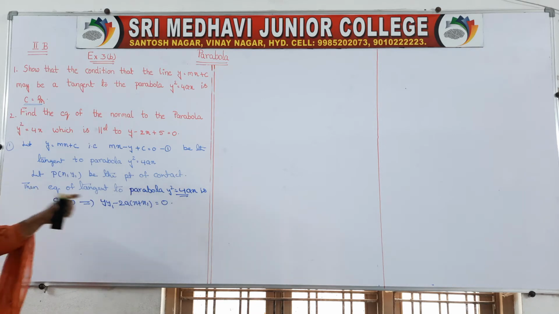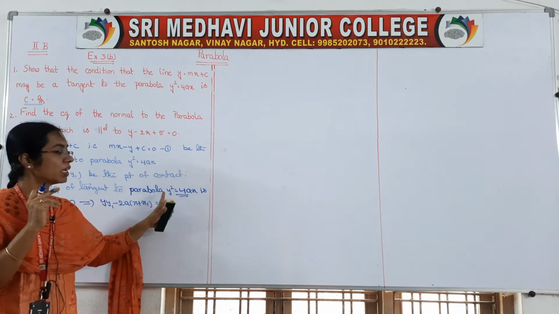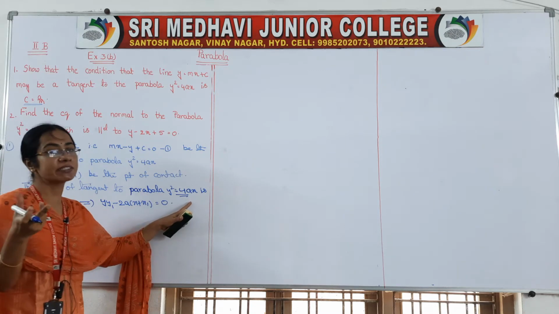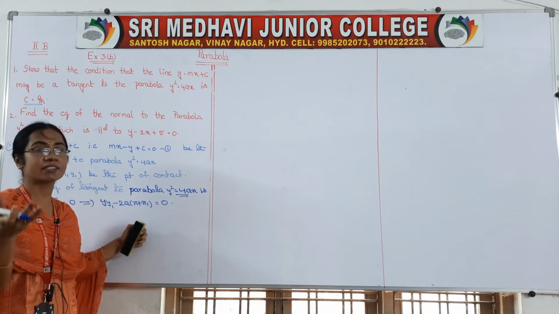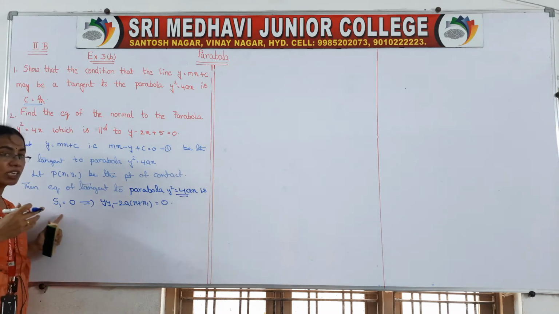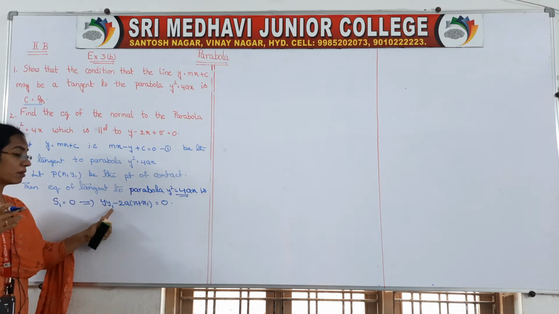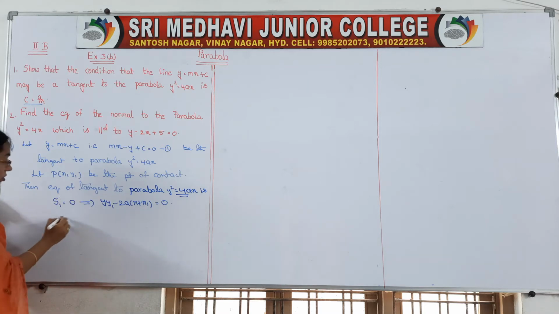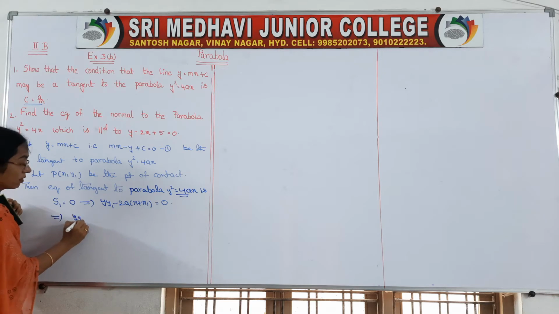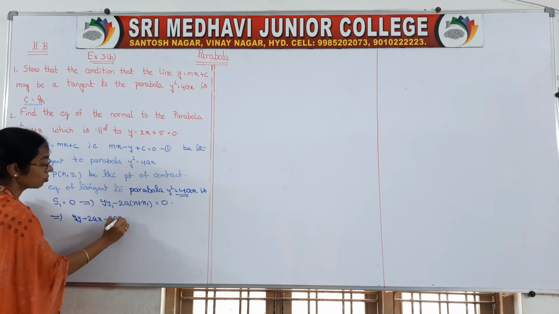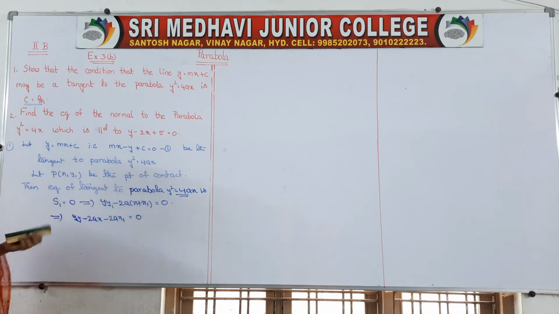For standard form, this is called S is equal to 0. If we take y square minus 4ax is equal to 0, that is called S is equal to 0 notation. Just like in circles we have taken notations, no? So same thing. S1 is a notation and its formula is y1 y minus 2a into x plus x1 is equal to 0. So try to write this also in line form. How will we write? y1 y minus 2ax minus